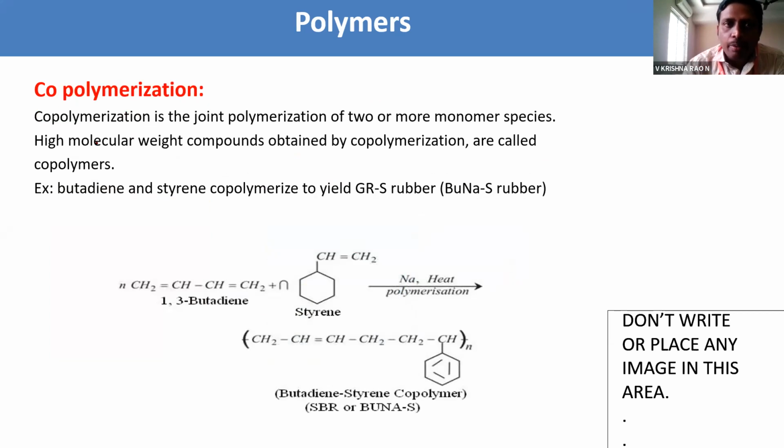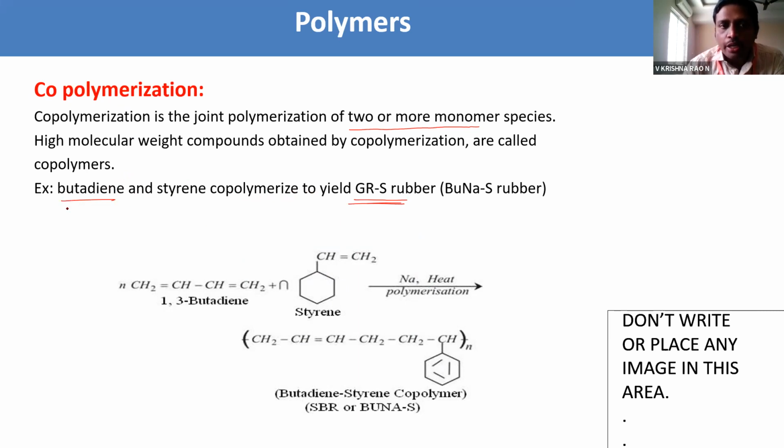Copolymerization is the joint polymerization of two or more monomer species. When two or more monomers are joined together, they form a polymer, that is, a copolymer. Butyl rubber and tricol rubber are prepared by